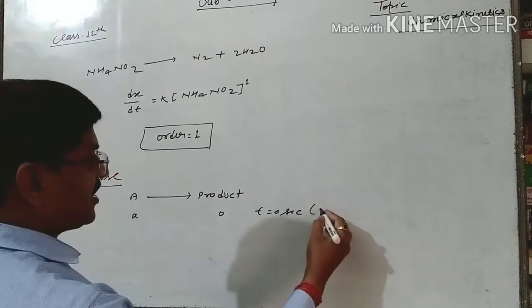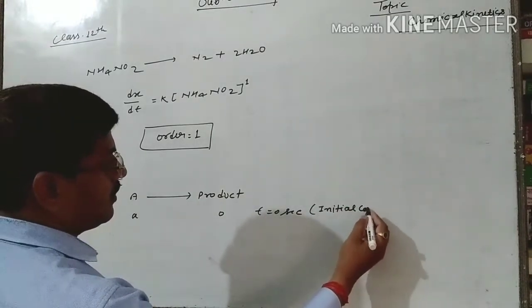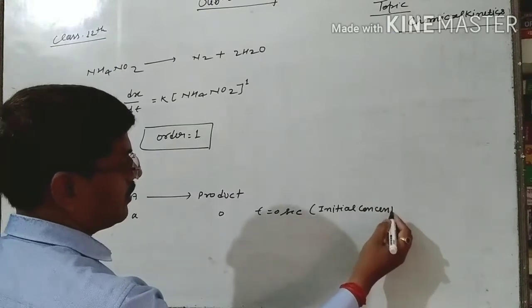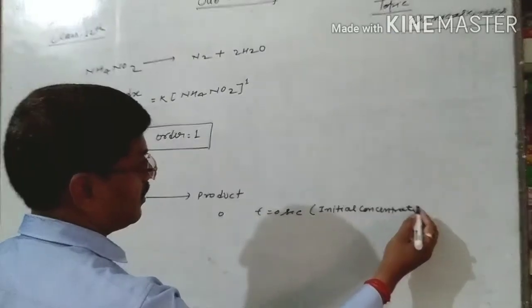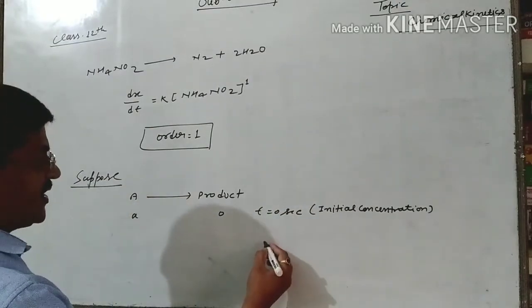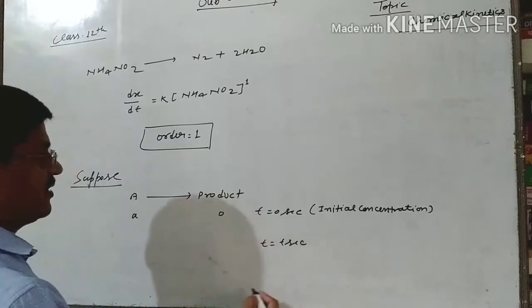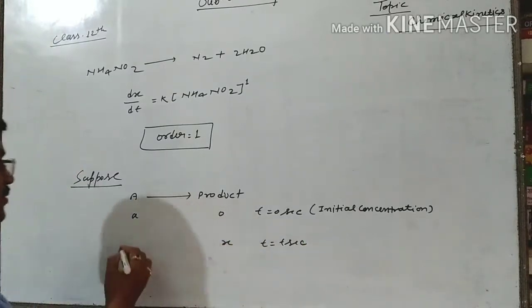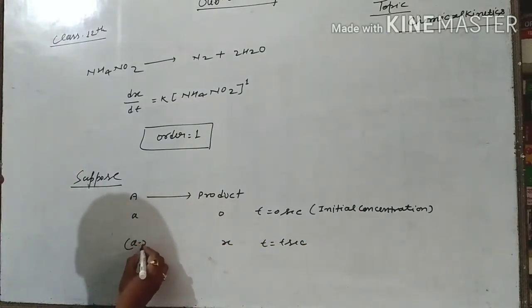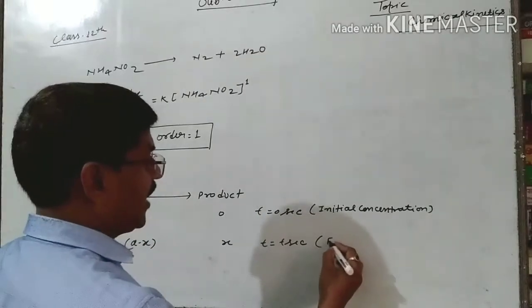This is the initial concentration. After that, the reaction is going on and time passes, t second. So here if x forms, the remaining amount of this will be a minus x mole per liter, and this is the final